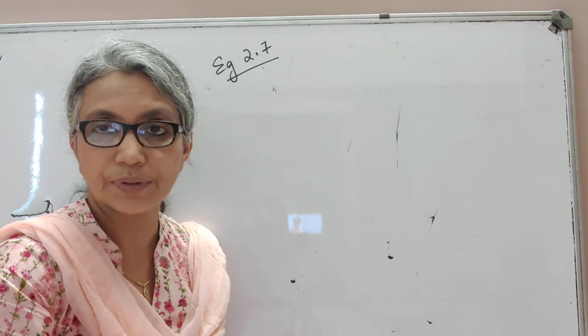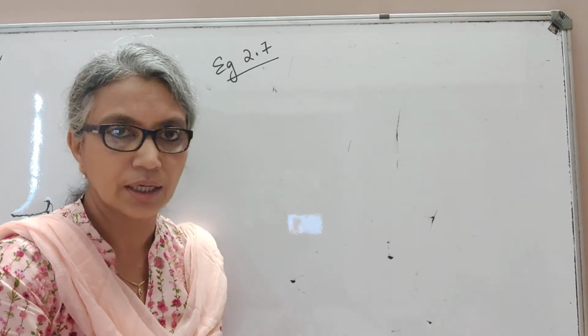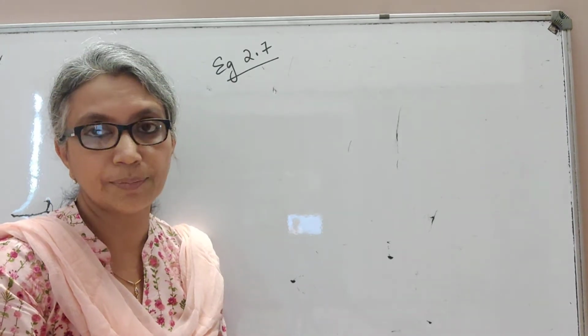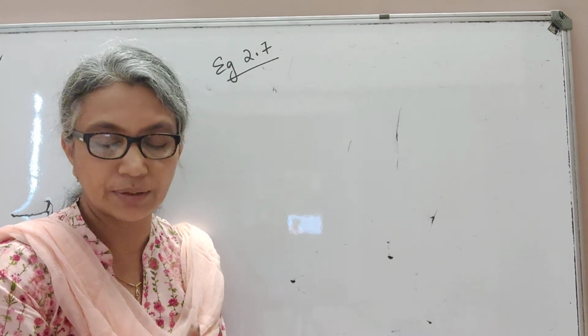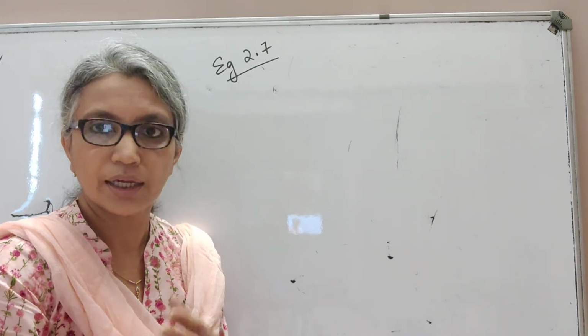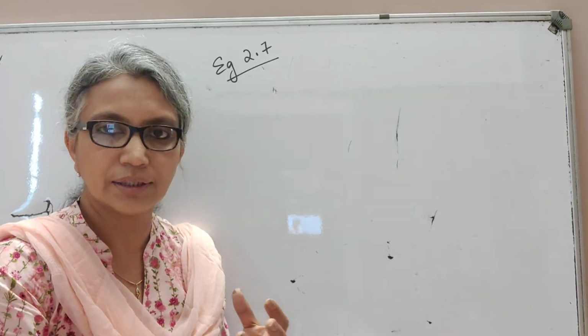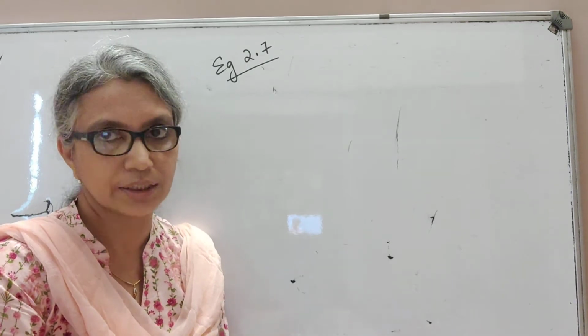See, all the other examples and the exercise question we'll do online. But this example I've chosen just so that I can explain to you what we mean by this absolute error, what we mean by relative error and what we mean by percentage error. And I told you these errors mean the difference in the readings, the errors in the readings that can creep up when you're doing an experiment.